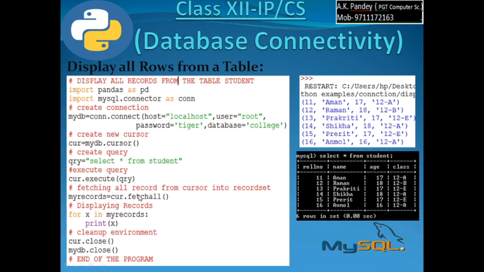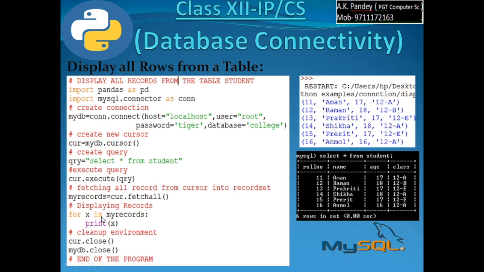After executing the query, we fetch all records from the cursor into a variable, say myrecords. You are creating here a result set in myrecords. myrecords is having a result set. Now using a loop, for x in myrecords, print x.